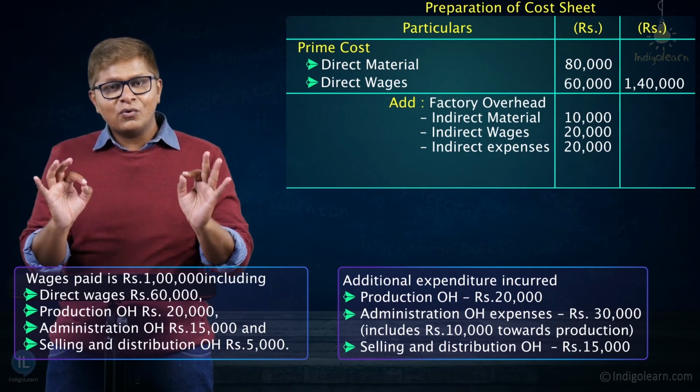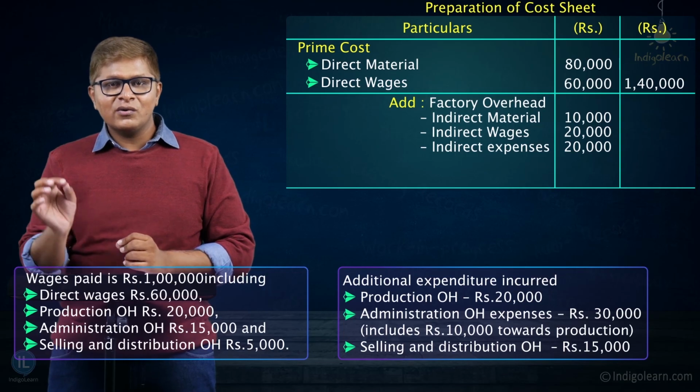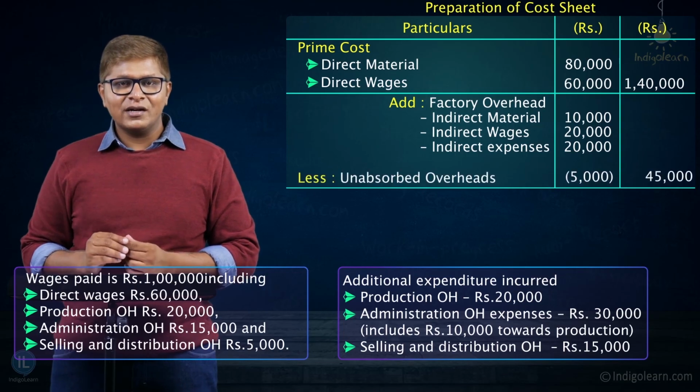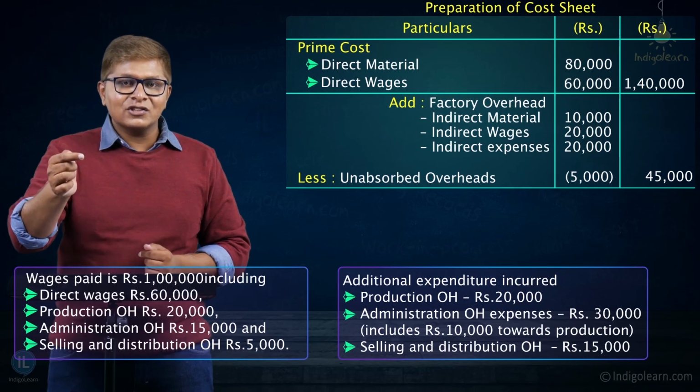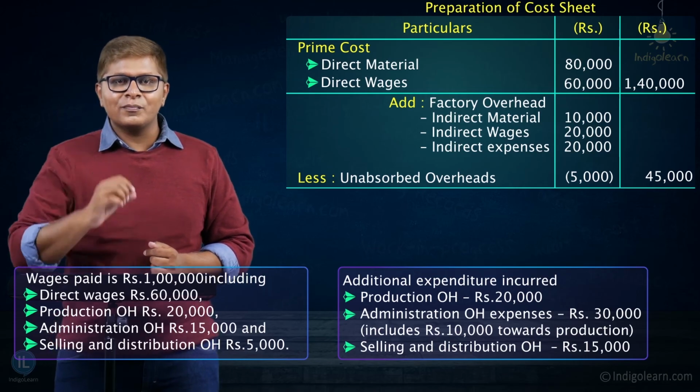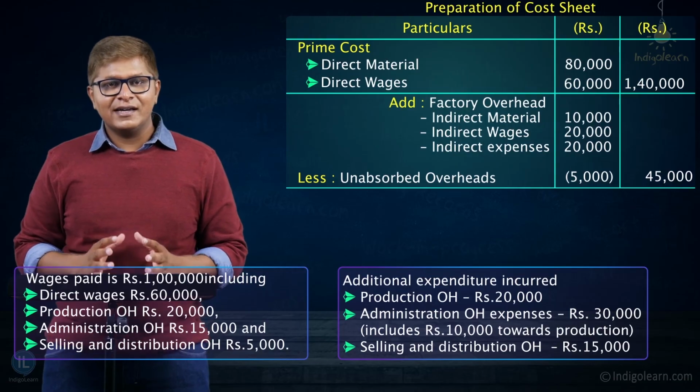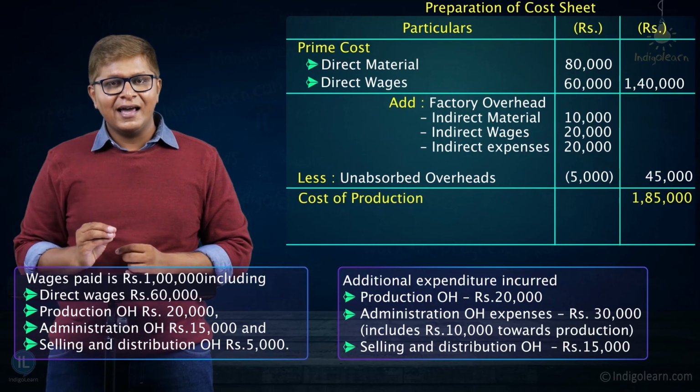So the production overheads absorbed is what we are going to take to our cost sheet, and we are going to say to the prime cost of 1,40,000, let us add the production overheads absorbed of rupees 45,000. So we get the cost of production as rupees